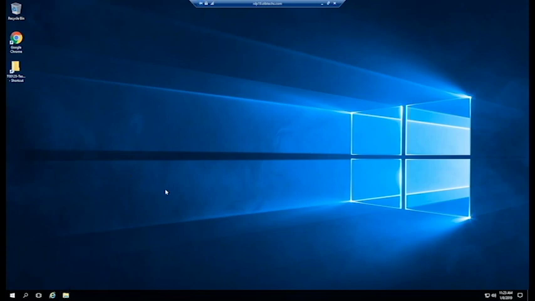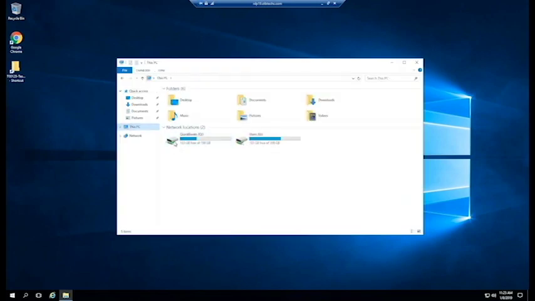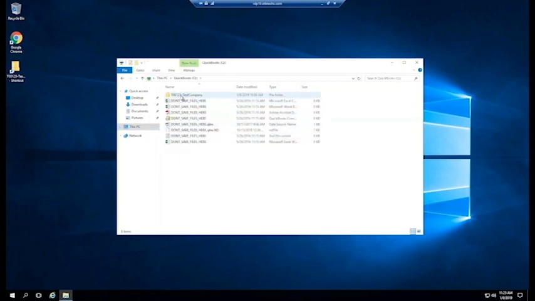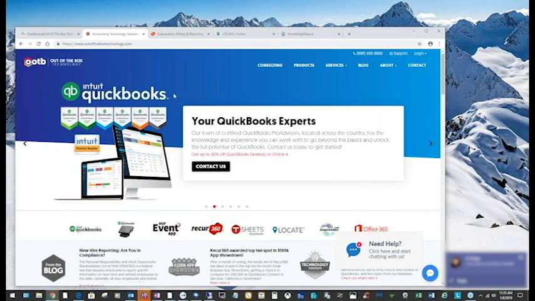The way the server file structure is set up, rather than a C drive on this PC, we have a Q drive, and within that Q drive there would be a folder for your company. There's a shortcut for that folder on your desktop, and this would be available to all users if you were not the only user using QuickBooks. So now that we're logged into our server, we need to look at moving the file off of your local computer.